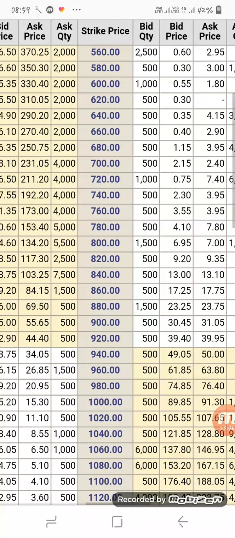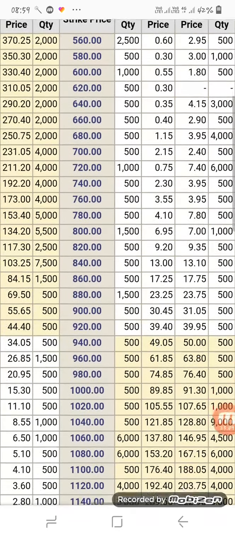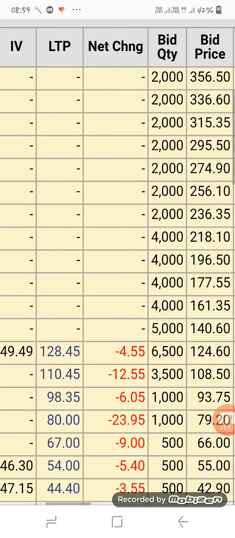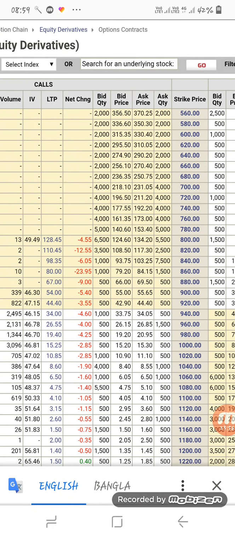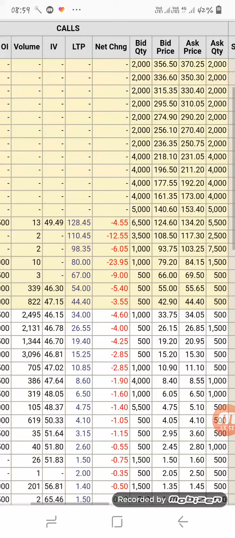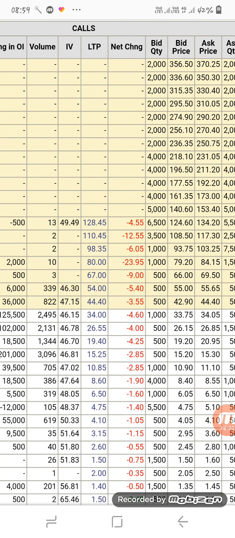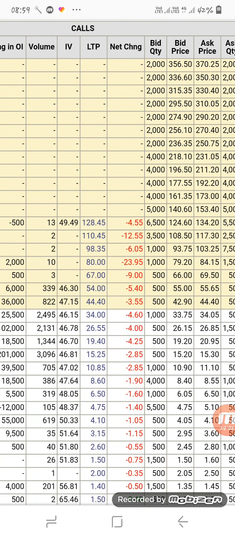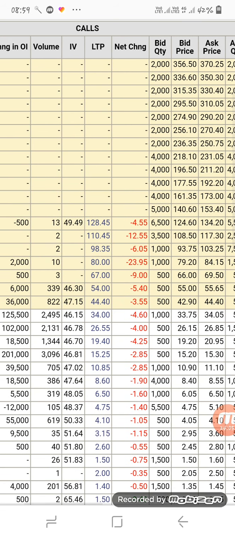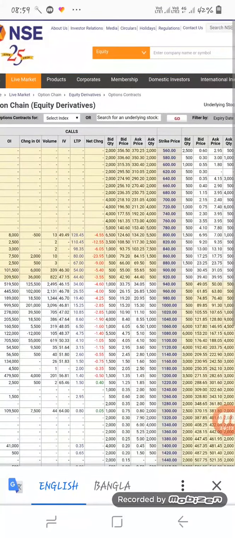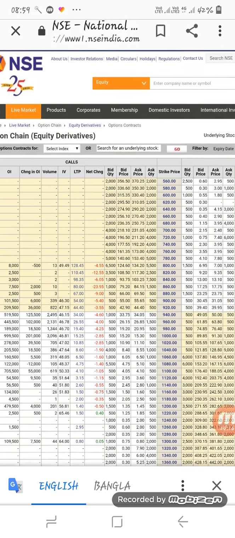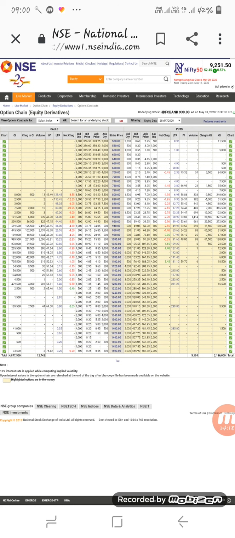So unlike in the cash segment, we don't have to pay 930. As I've told you, we need to see the LTP, which is the option premium price, which is very minimal. So if we are thinking the price will go to 960, we just need to pay 26.55 rupees only. And plus charges, we need to pay certain charges also, which I'll not be discussing in this video. But I'm again telling you, we need to know the lot size also. So if you want to know the lot size, what you can do is